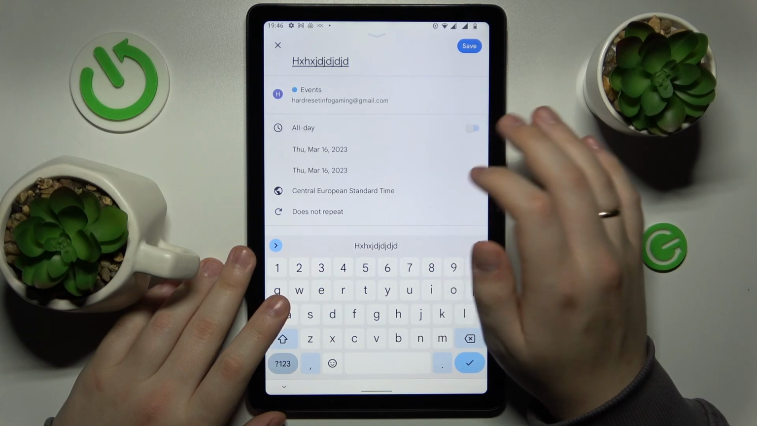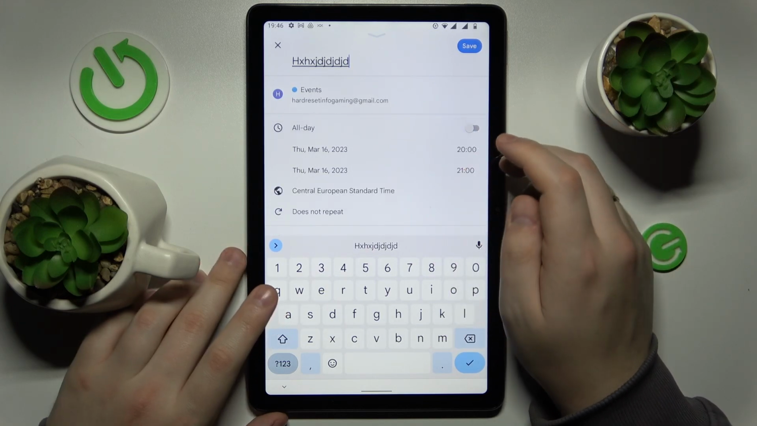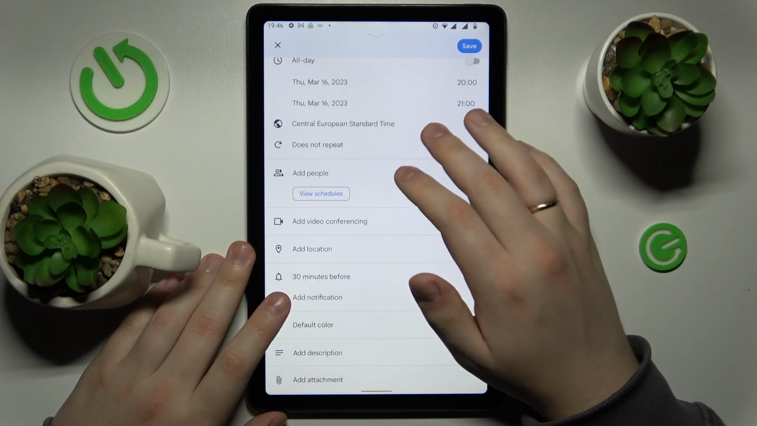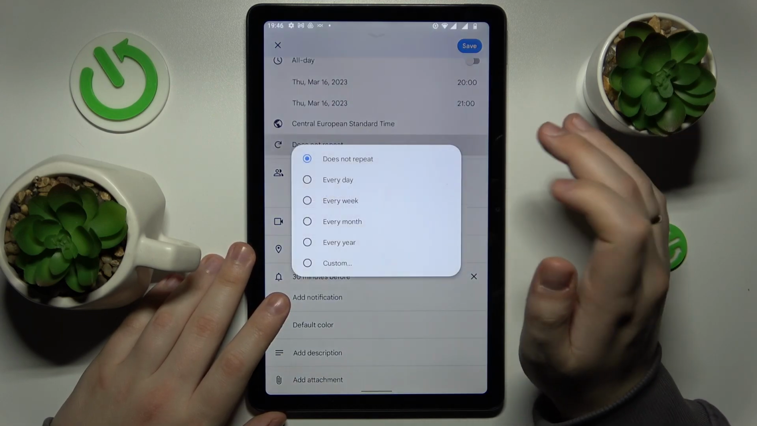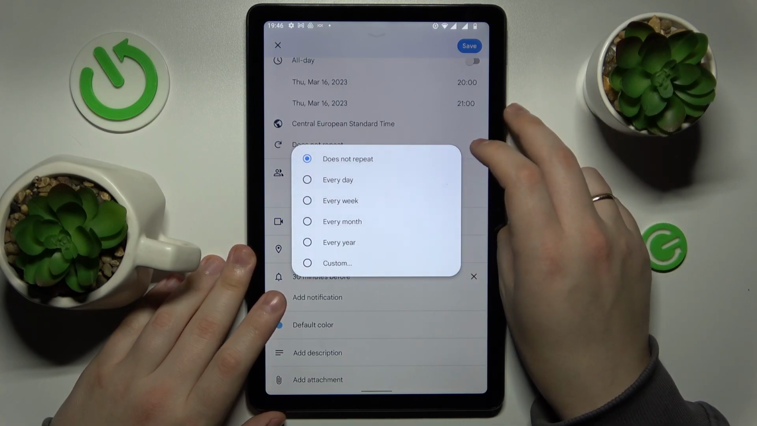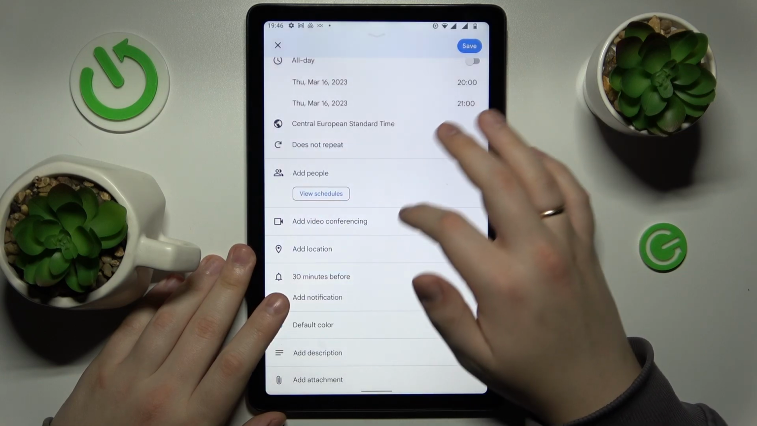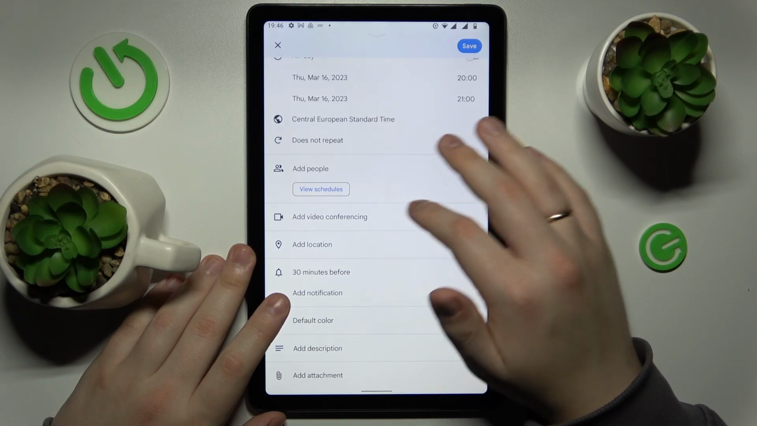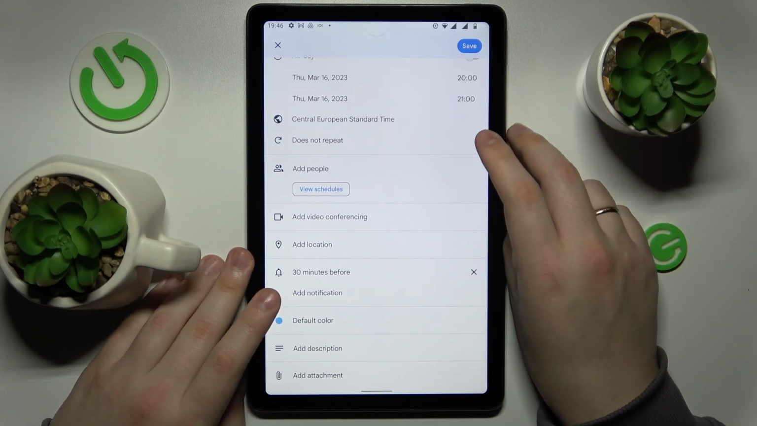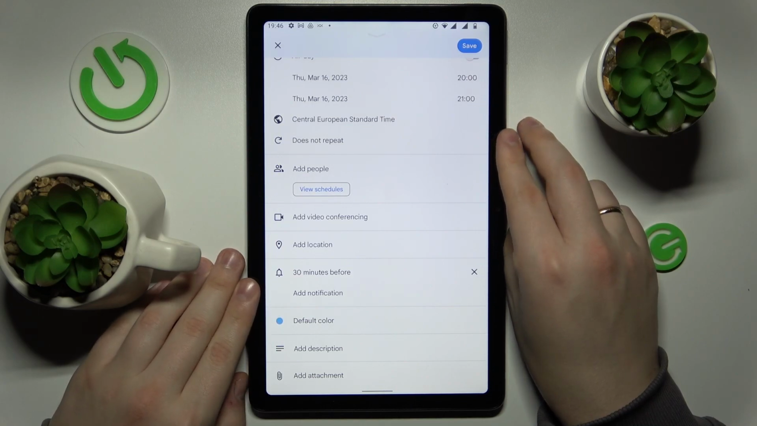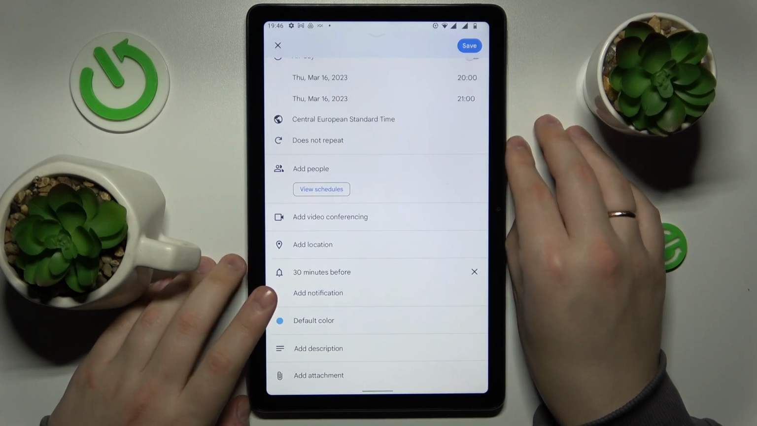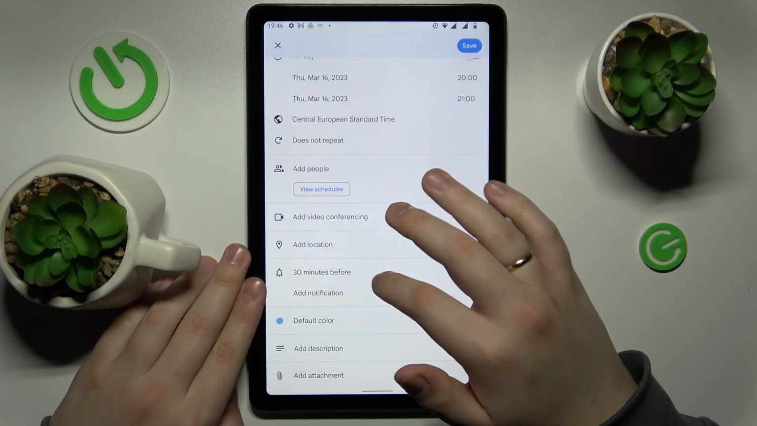choose whether this event will occur the entire day or it will have some set time frames, change the time zone, make it repetitive or not repetitive respectively, make it so that it can be repeated daily, weekly, monthly, and yearly. Invite some other people to this event, add the video conferencing link to it if this event is tied to some conference call. Add the location that this event will occur at,